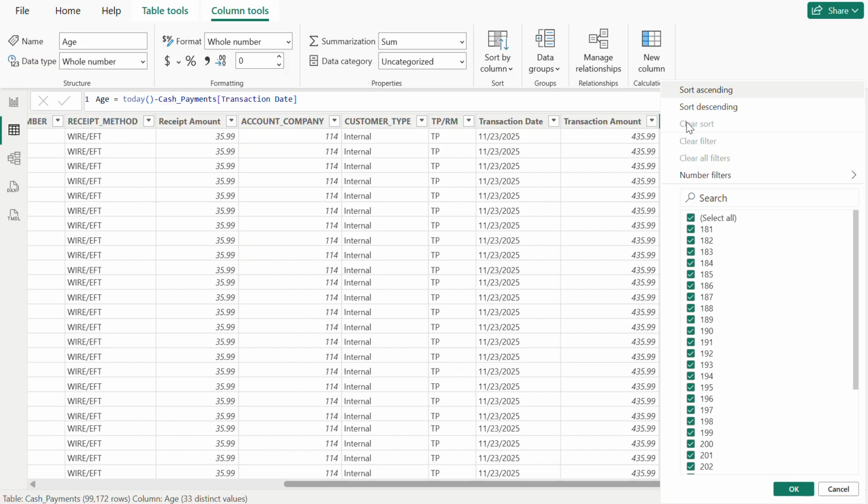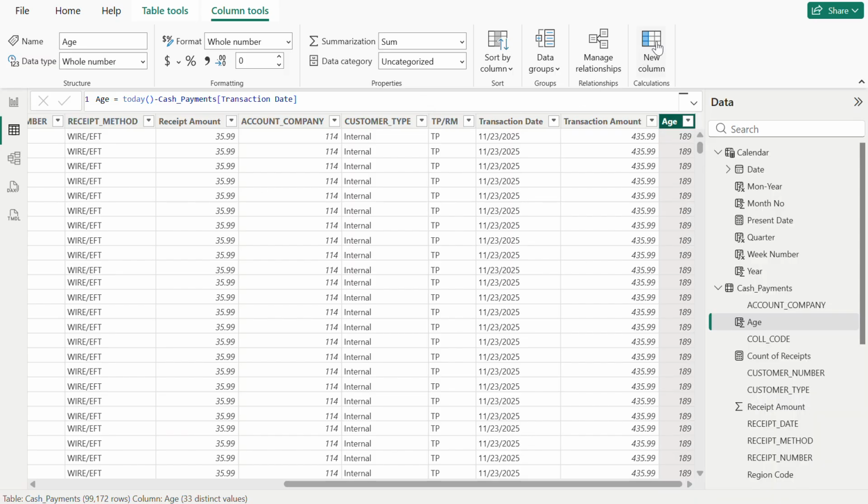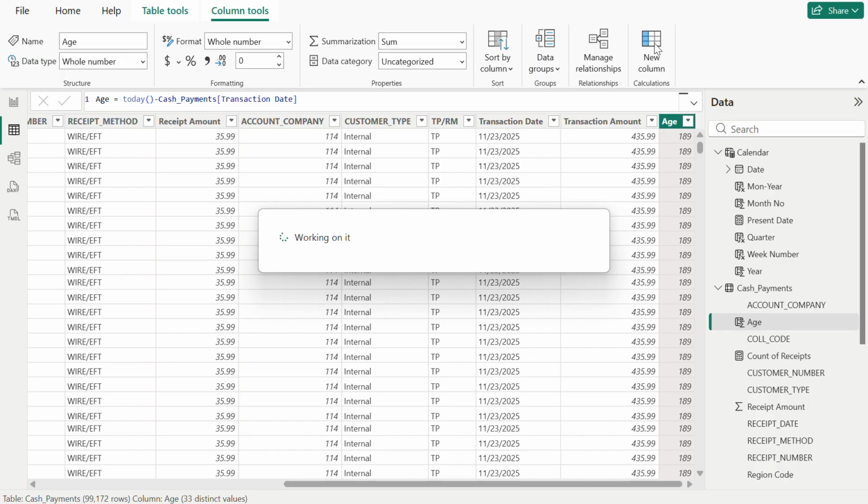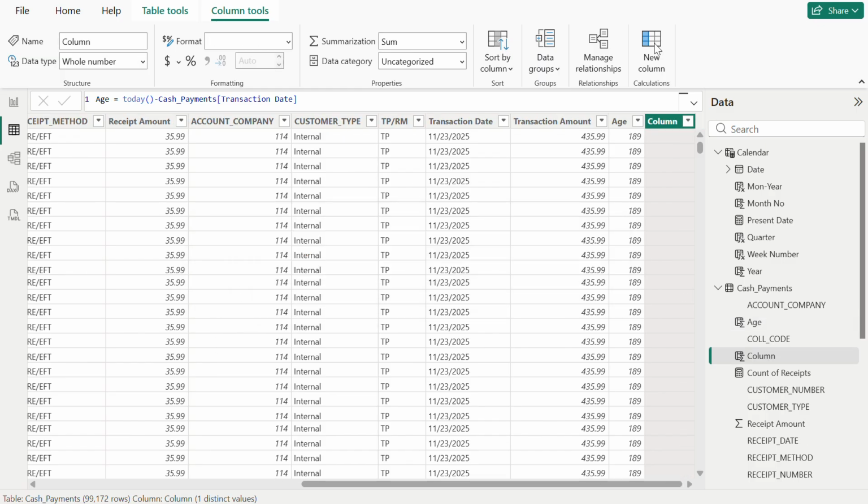Now this aging, we need to see which buckets we can put it into. As of now we have only 181 till 213. Now we'll try to add different aging buckets. Again, I'll click a new column. I'll put aging buckets is equal to IF